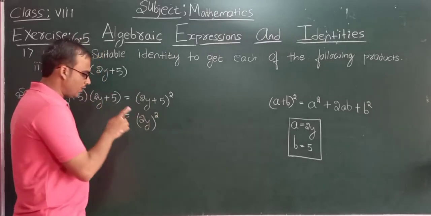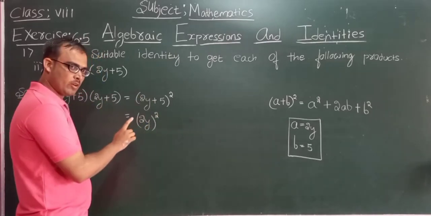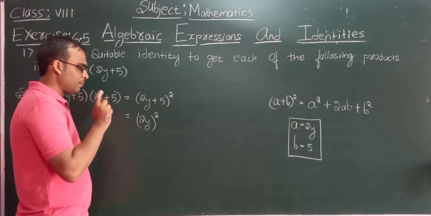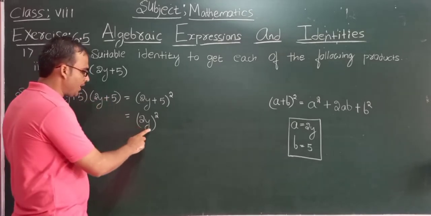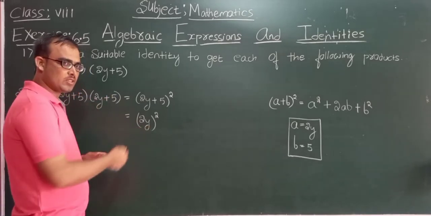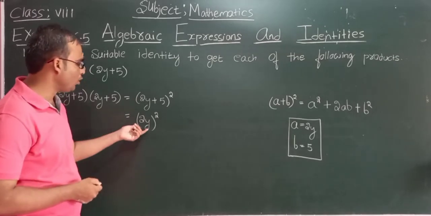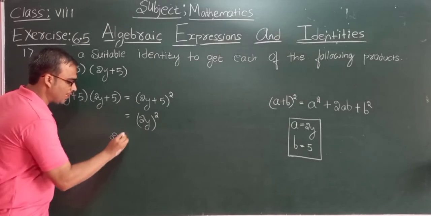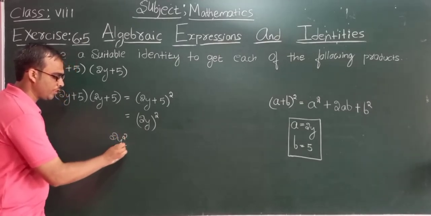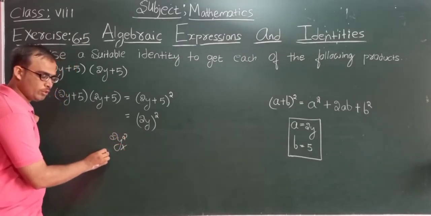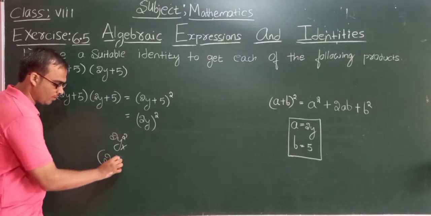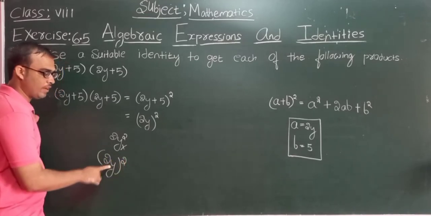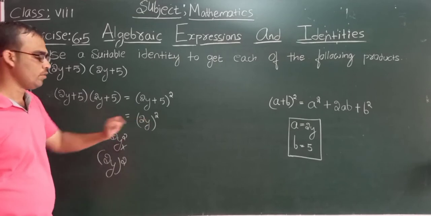If there is a variable and a number, okay, whenever a term consists of a combination of variable and number, and you are having a square on that, then you need to put whole square. You should not write it without brackets. It is wrong. Instead, you should write whole square whenever a number with the variable is there.